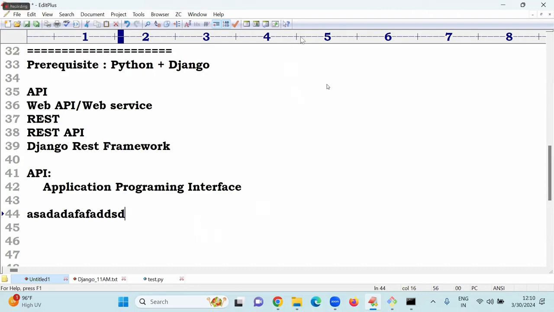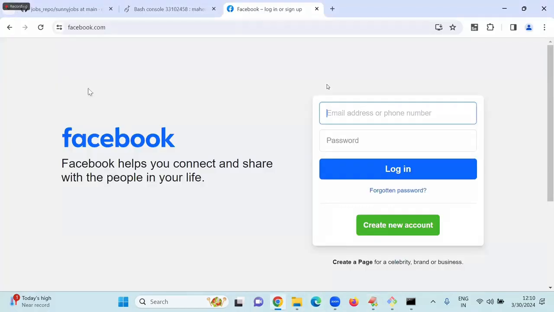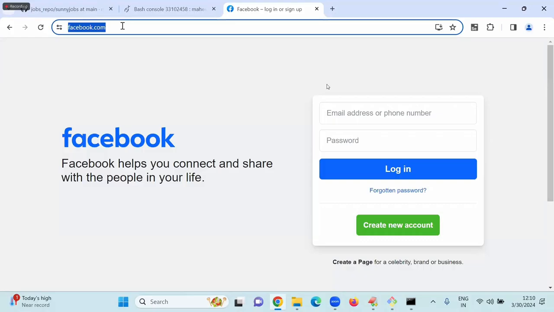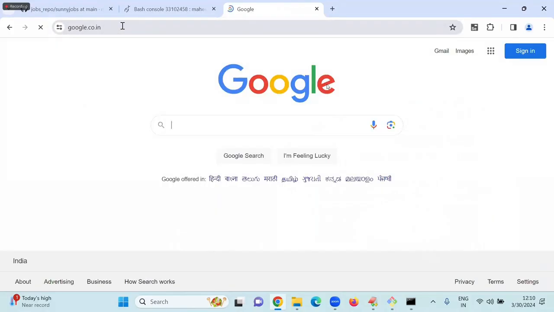The API is nothing but a mediator for server and client. Not server and client, okay. Sir, the main concept, the objective of API is providing communication between the two components. Simple example, what is API? Everywhere API is there. Go to Google. If you go to the